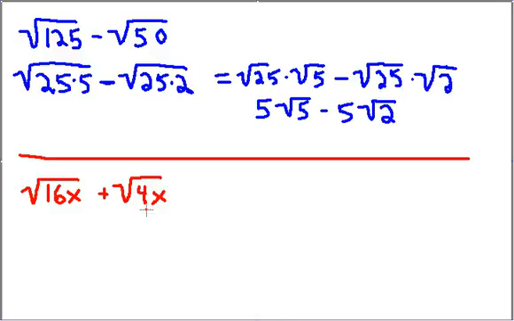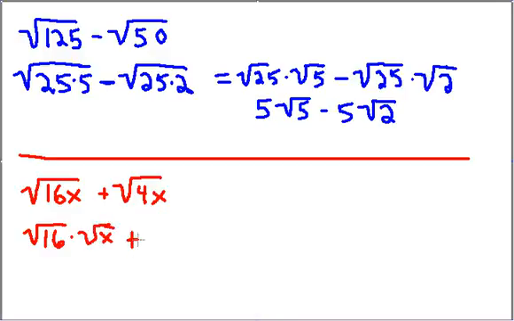Once again, when you're adding or subtracting radicals together, you're trying to break down what's inside the radical sign into a multiplication of factors whereby one of the factors is a square. Well, let's go ahead and take a look. 16 by itself is a square. So we could rewrite this as radical 16 times radical x